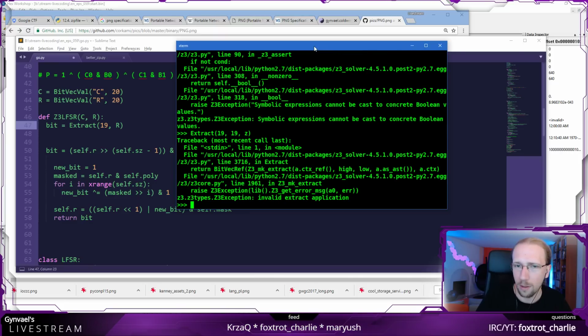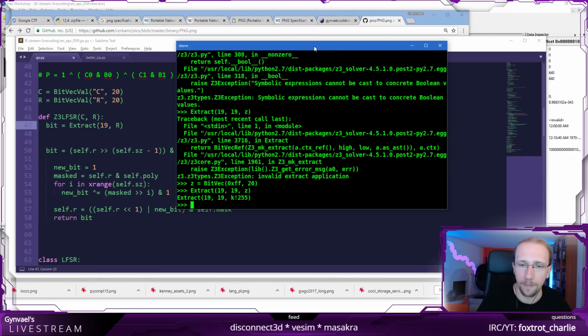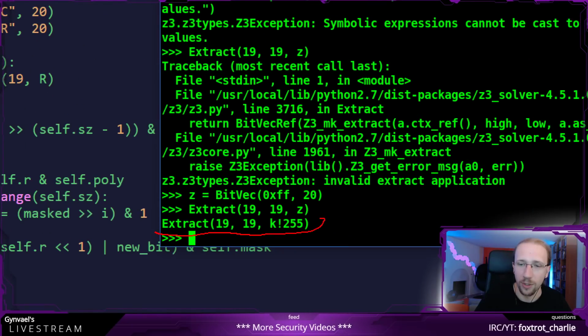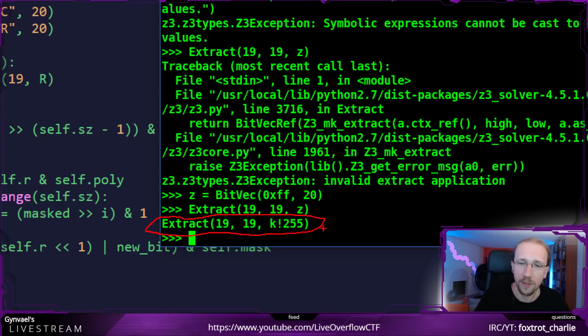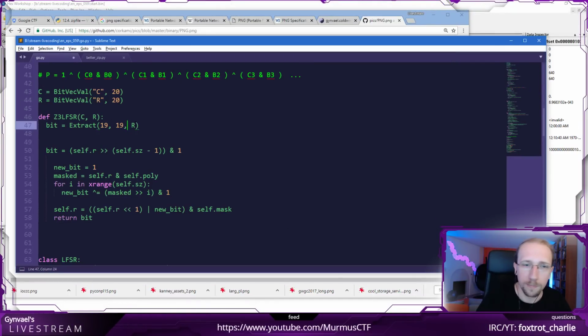What? Oh, wait, because I have to create this one 20 bits. Yeah, no, that's fine. Okay, and now again, this is an equation. It doesn't evaluate the equation, it just gives me the equation, and this is fine. This is what will extract the highest bit. So I extract the highest bit